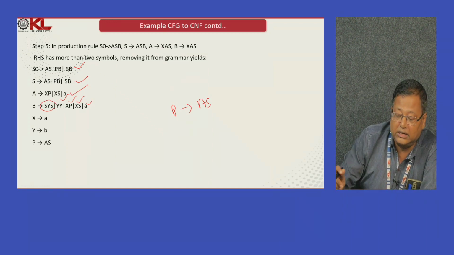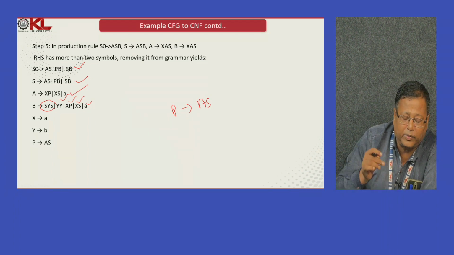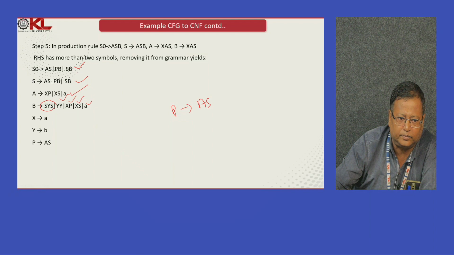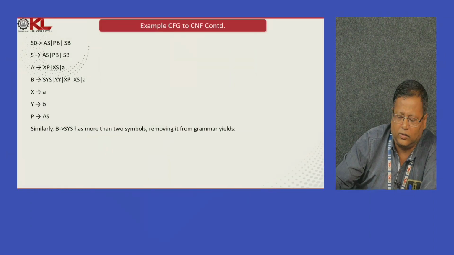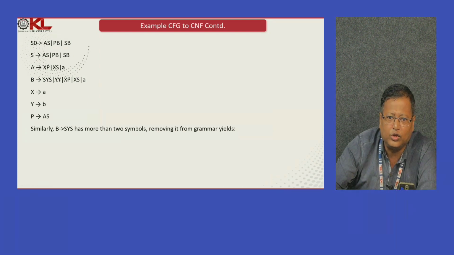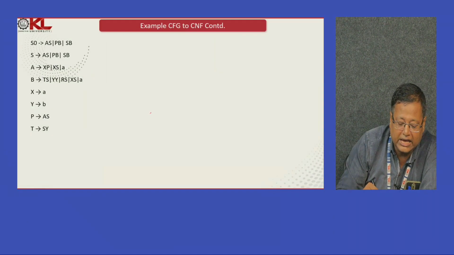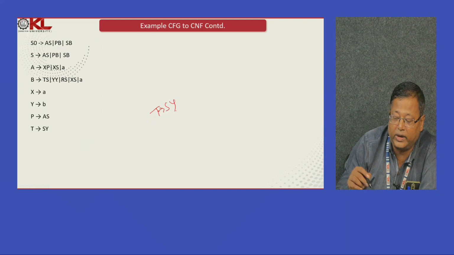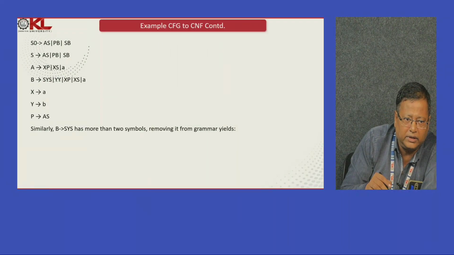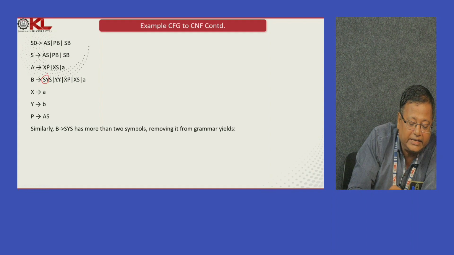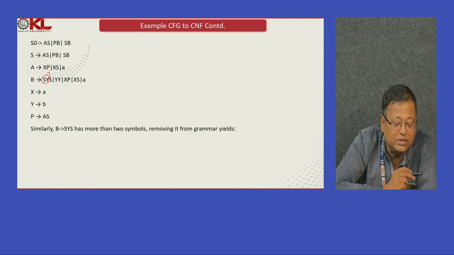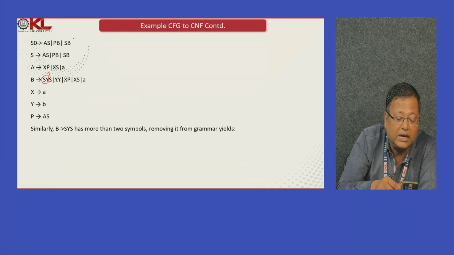So we take another non-terminal or another production rule to define that. So B derives SYS has more than two symbols, so we remove it from this grammar. So we take T, T derives SY. So instead of SYS we write T. So the final production rule is S0 derives AS, S0 derives PB, S0 derives SB, and